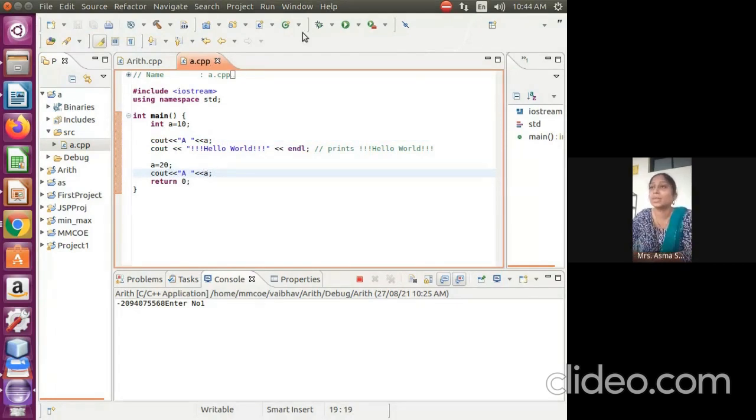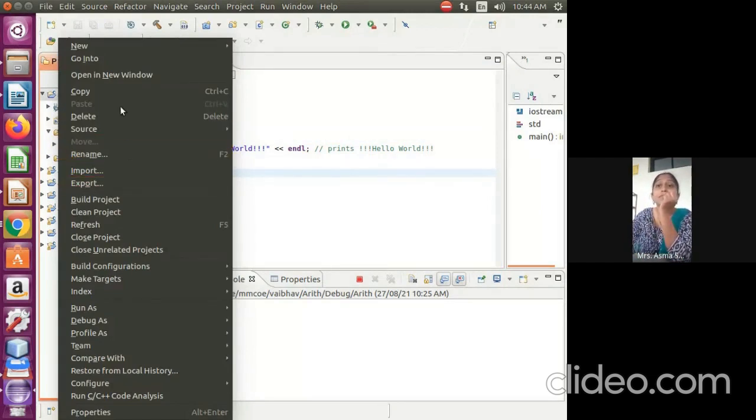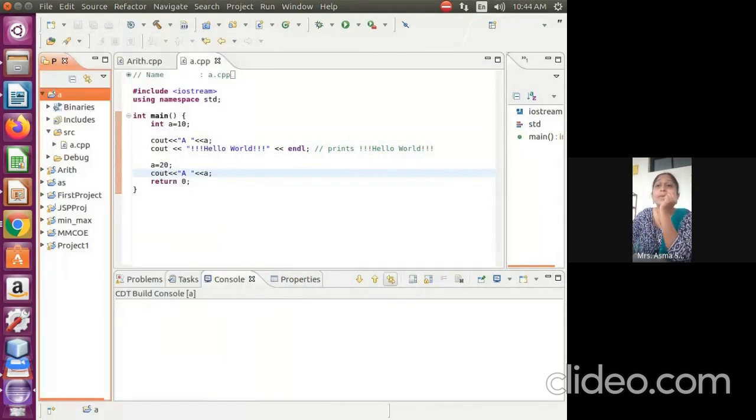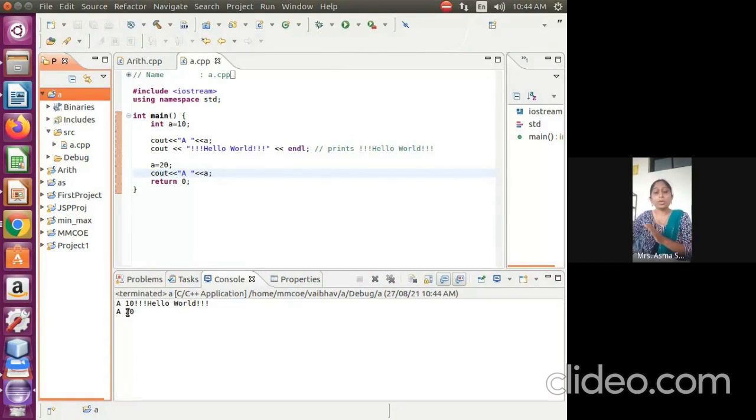So okay, let's see. Build first, always remember, build a project and then run. Now if you see, a equals 10, a equals 20. Now here we don't have an issue because we have not declared a constant.